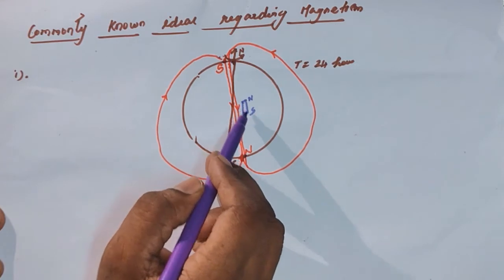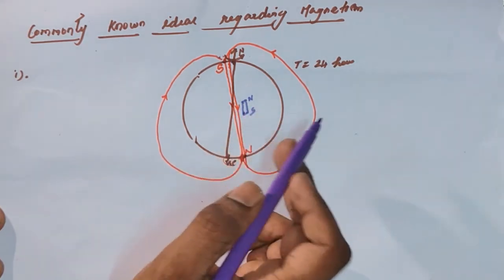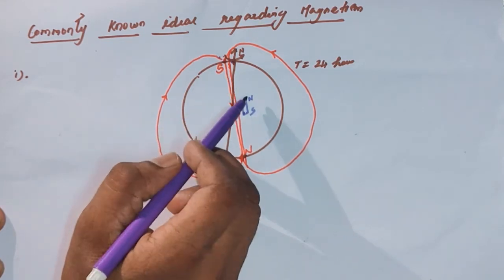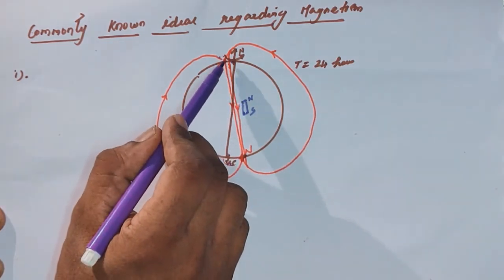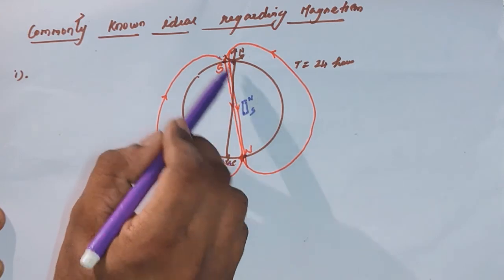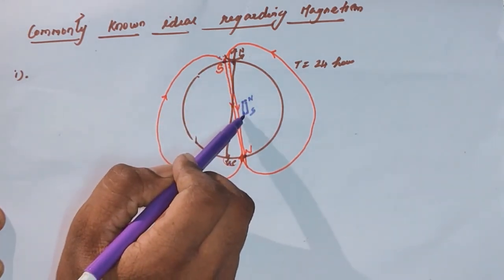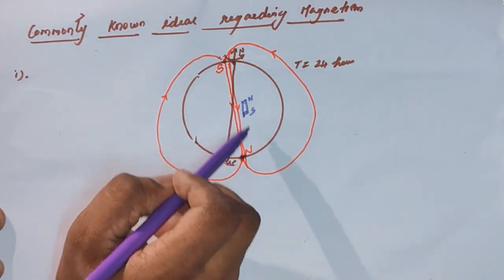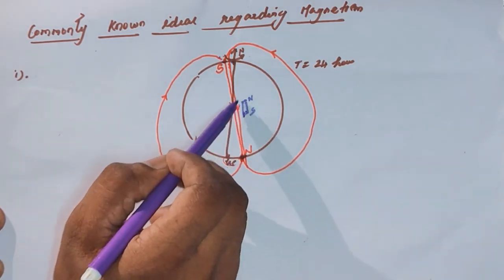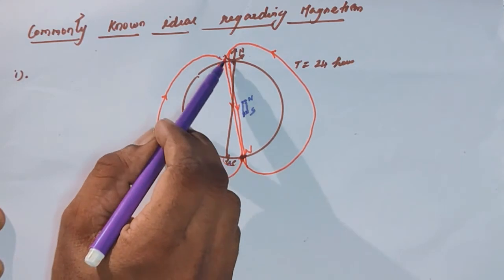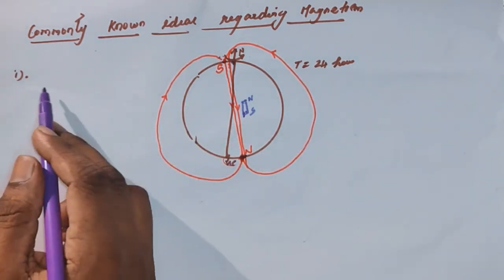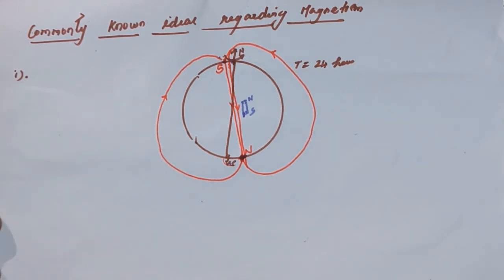Why does it point like that? Because like poles repel each other and unlike poles attract each other. Here is the Earth's magnetic south pole, and here the north pole of the bar magnet, so they attract. The south pole of the bar magnet and the Earth's magnetic north pole attract each other. That's why the bar magnet points opposite to the Earth's magnetic poles. This is the first point we got to understand. The next point,